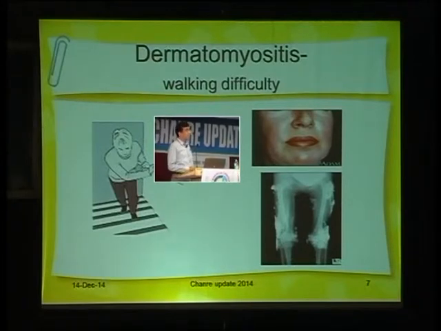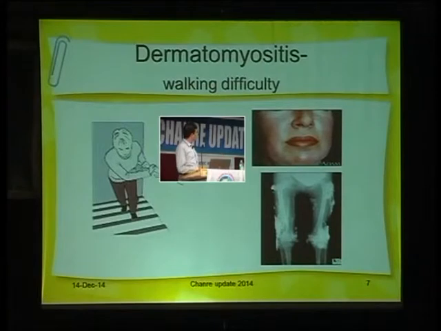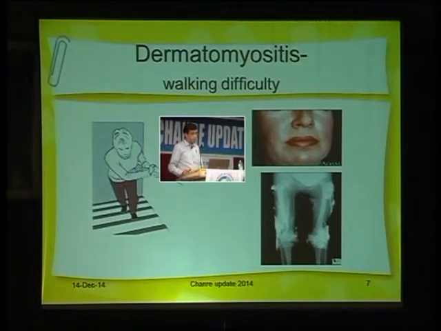And in dermatomyositis, because the hips are weak, they have difficulty in climbing stairs, and they also frequently fall down. Dermatomyositis is not uncommon in the elderly age group, and particularly some of them could be due to malignancy, as Chandrasekhar had pointed out.